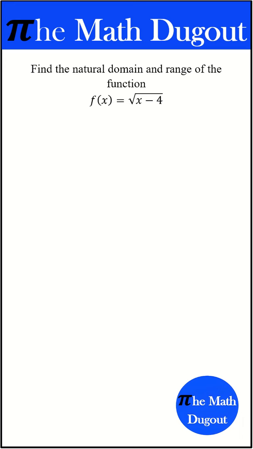So here I'm asked to find the natural domain and the natural range of this function f of x equals the square root of x minus 4. So if we start with the domain, the restriction that I have on my domain,